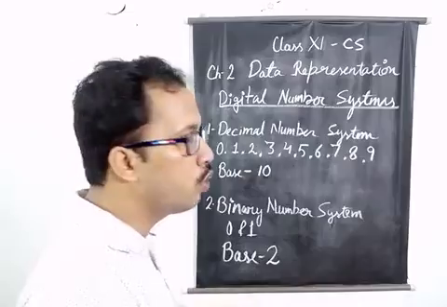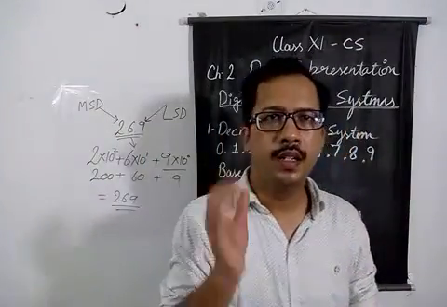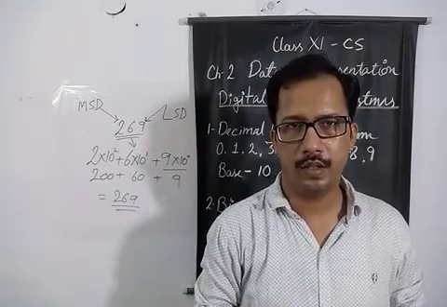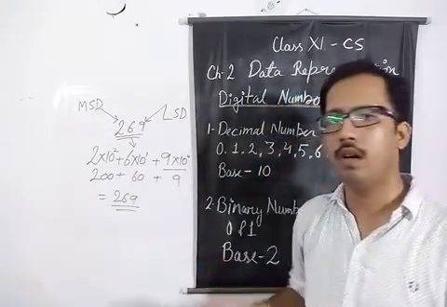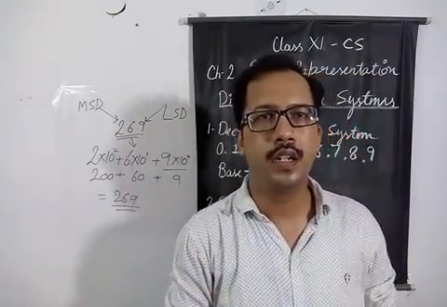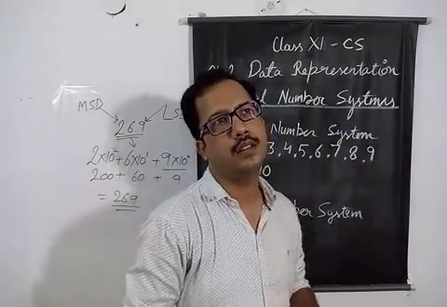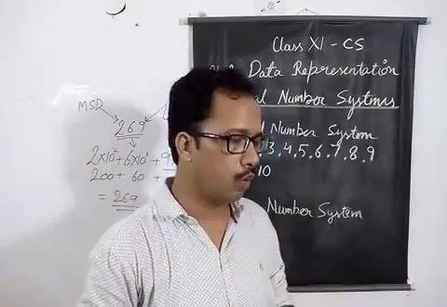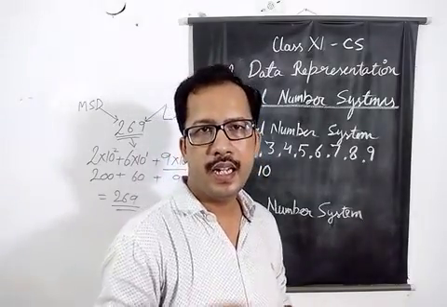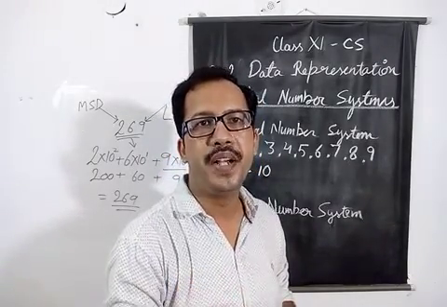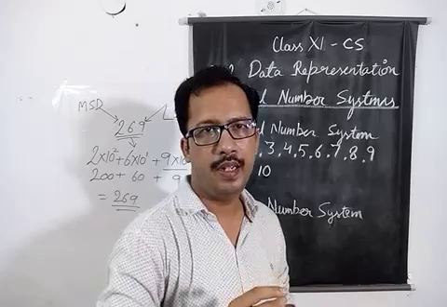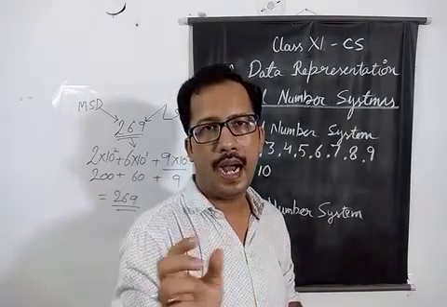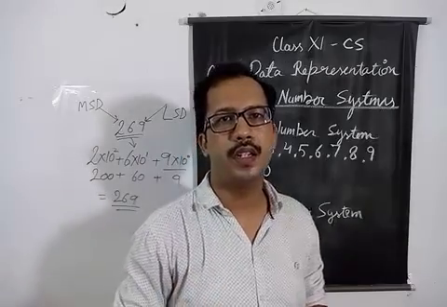So in the base 2 system, every digit in that number system, we will call every number a digit, because that number system has only 2 digits, 0 and 1, known as a binary digit. In short, we call it a bit. B for binary, and "it" is the ending of digit, so bit means binary digit.